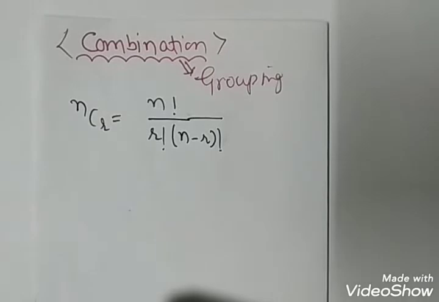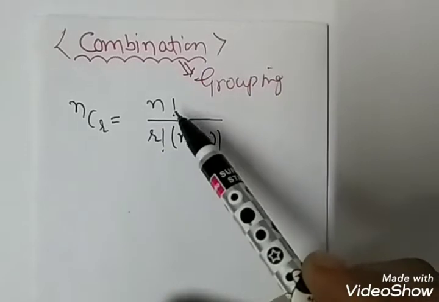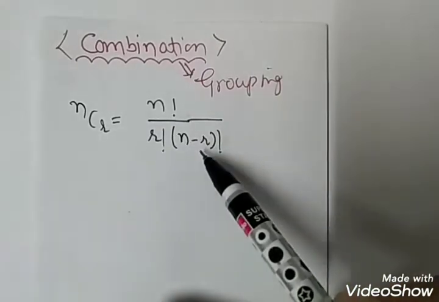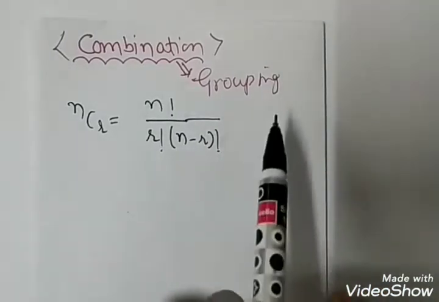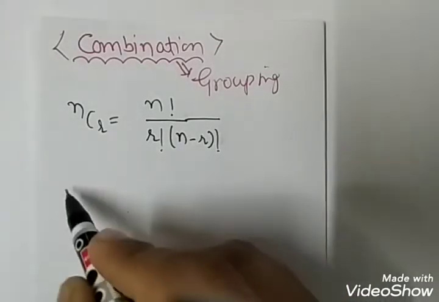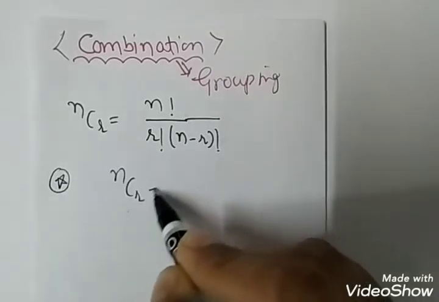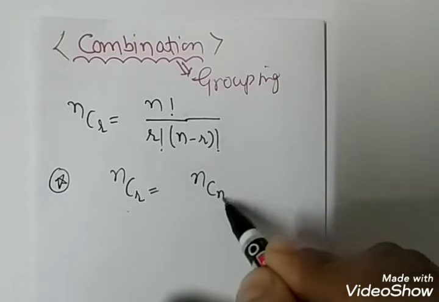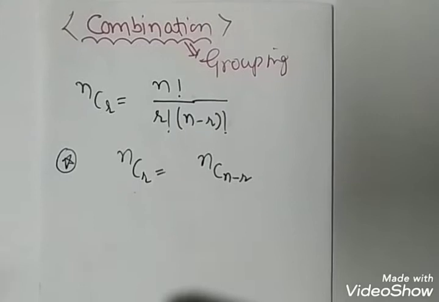We are doing this topic according to NCERT. First of all, the formula of combination is nCr equals n factorial upon r factorial into n minus r factorial. The grouping of things is known as a combination. Let us remember one more formula for this purpose: nCr is equal to nC(n minus r). You have to remember this formula also for so many questions.